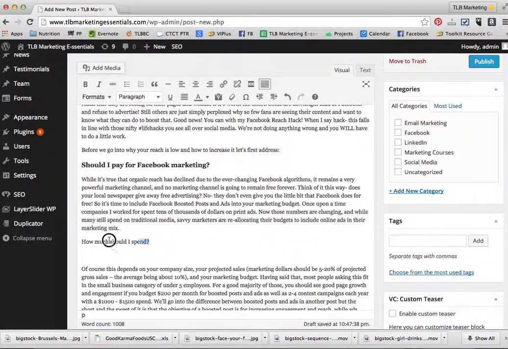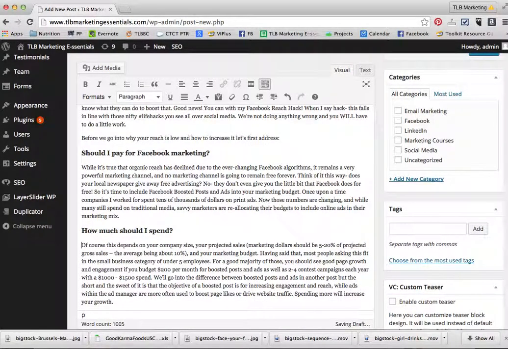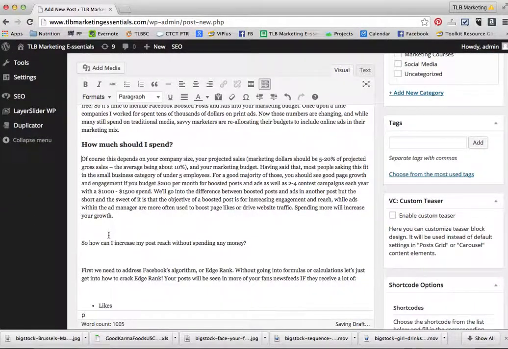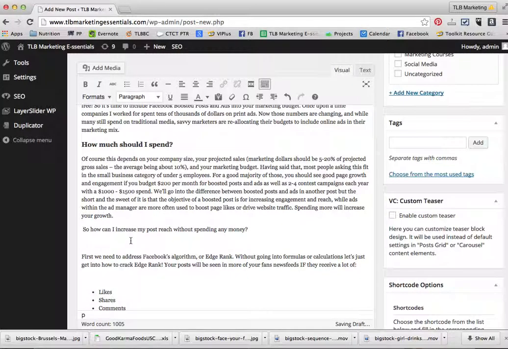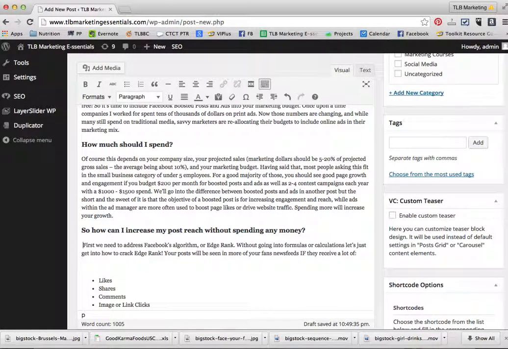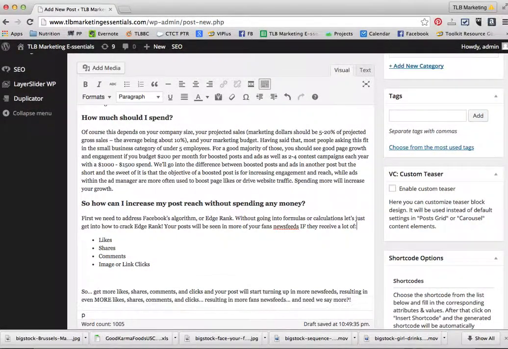So a heading 3 again. By the way, if you're in here and you should happen to hit enter, you'll notice you do get an extra space. If you're wanting to get rid of that, simply hit shift and enter at the same time and you will not have that extra space. Otherwise, WordPress tends to insert an additional line. So again, I'm just creating all of these as heading 3s, getting rid of that extra space.